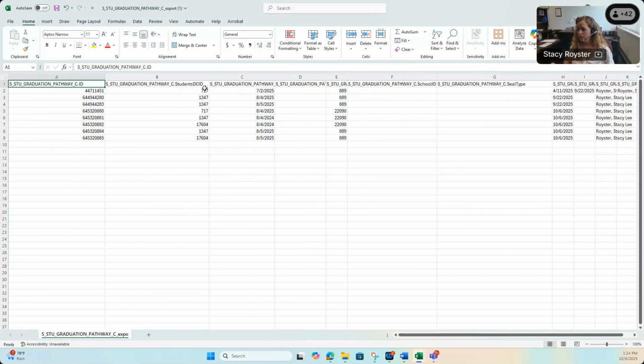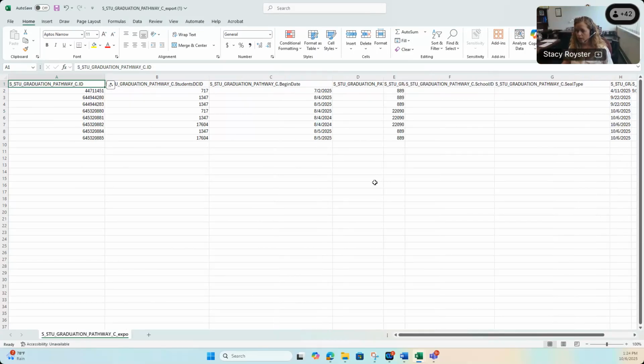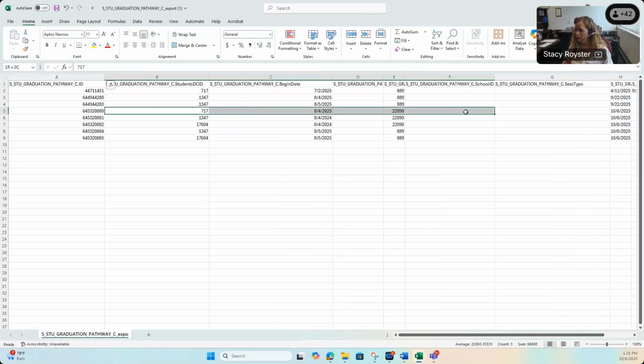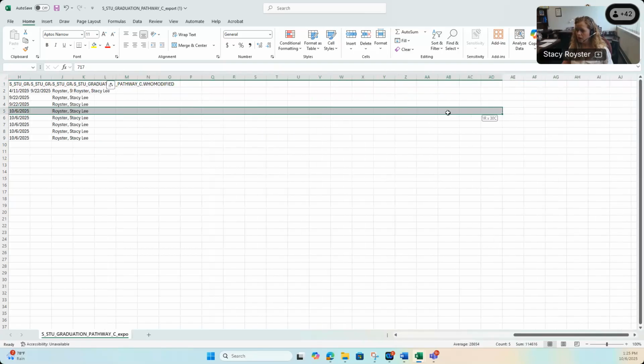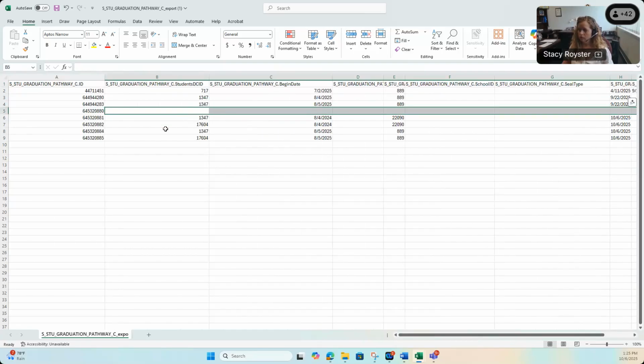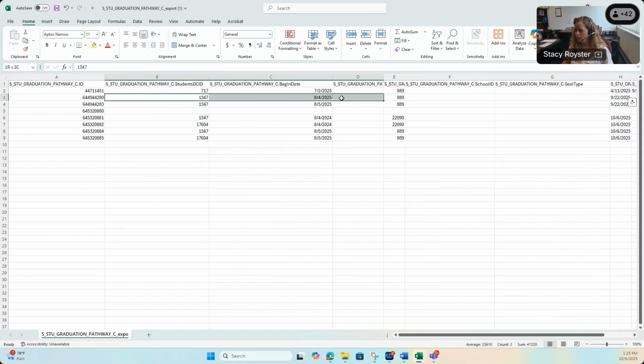So if I know that I need on 717, I should really only have one record for Mickey. So Mickey was 717. So let's just pretend that this is the correct record. If I don't want this record in there, then I am to blank all columns. So I took all of those columns out. I want to keep on 1347, which was Wednesday. She had 4 records. She should only have 1. She should have this 825 record. So I'm going to get rid